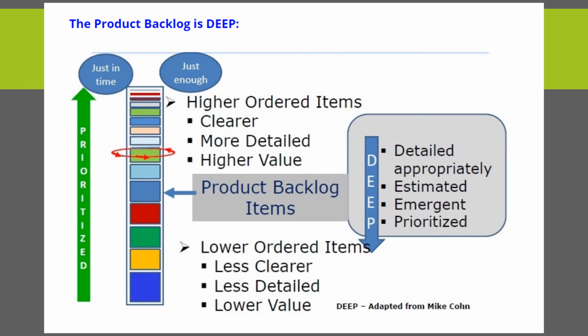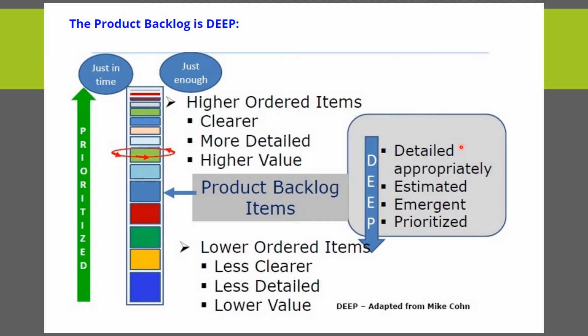As you already know, the product backlog is based on a principle called DEEP. It should be detailed appropriately. So the immediate sprints will have higher order items. They should be more clear and detailed, and will have a higher value. The lower area, which is future sprints or future releases, will have less clarity, less detail, and lower value. This DEEP principle came from Mike Cohn, who is one of the Agile Manifesto